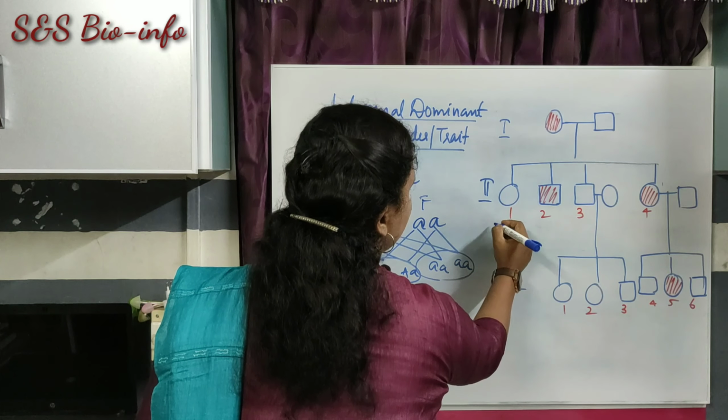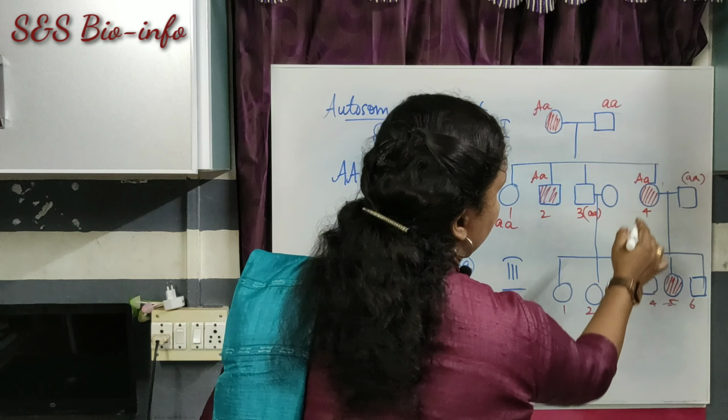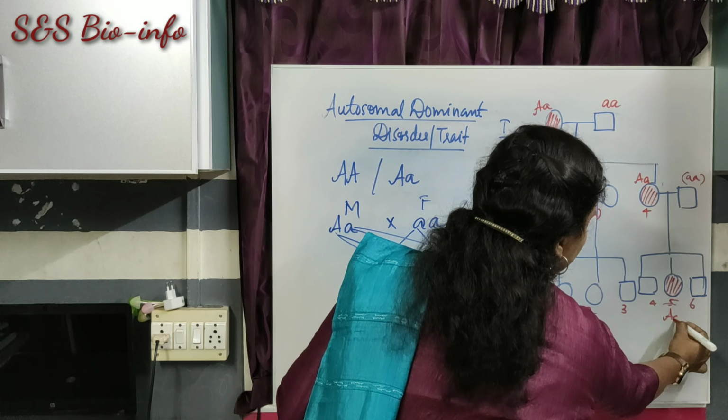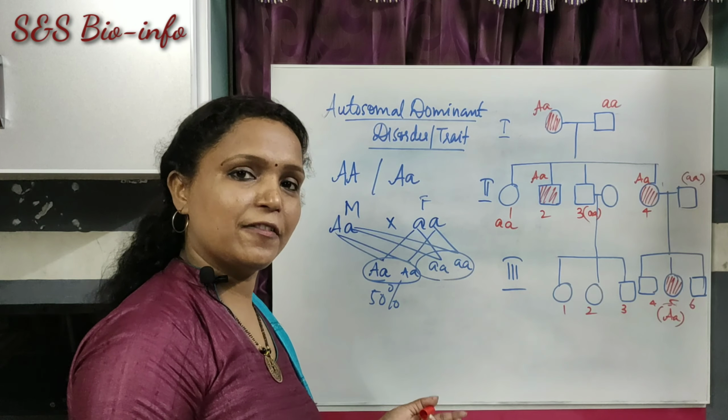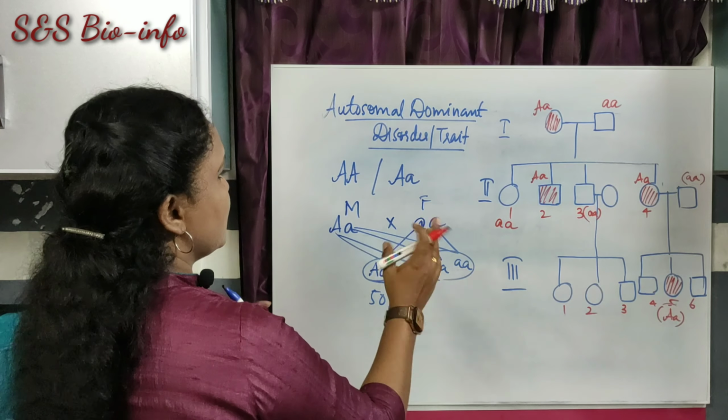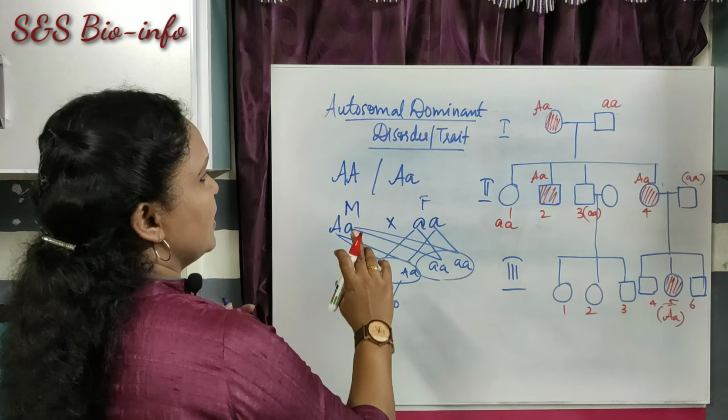Here the mother is heterozygous, and the father of course is homozygous recessive. So the child might have got this one, so that child is the affected one. This is the way we can easily understand and guess the genotype of the individuals of the family. If we cross a homozygous dominant allele with a homozygous recessive, what is the possibility? Only one type of genotype will be produced in the young ones. If that happened in this case, all children would be affected.